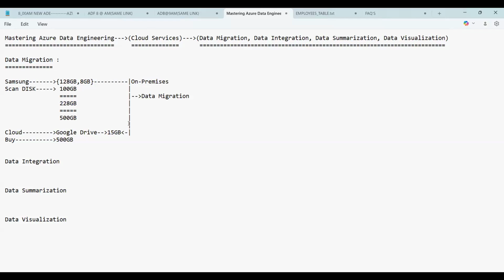It is called on-premises. And this is called what, guys? Cloud storage. Am I right? So now moving of the data from the on-premises to the cloud storage is called the process of what, guys? Data migration. So I hope everyone is following this data migration, guys. Please respond.